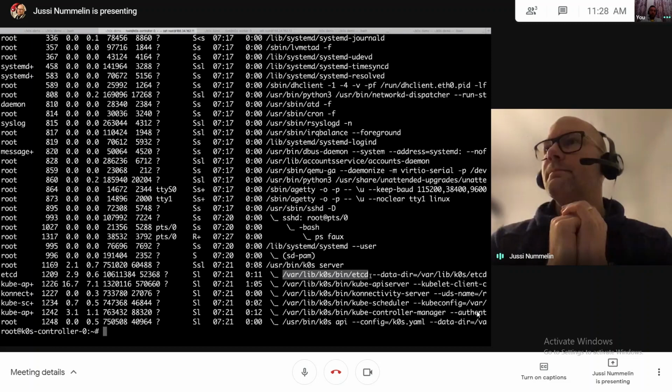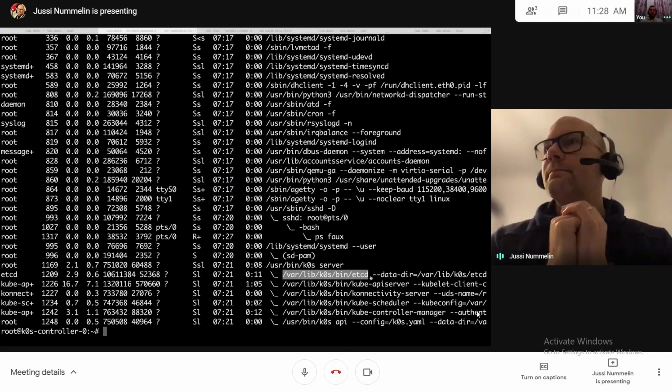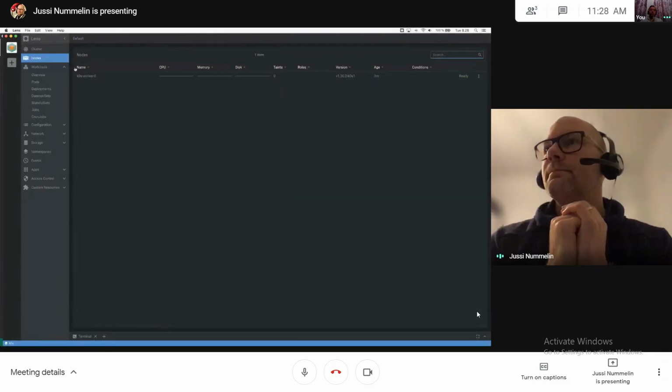And this really means that I don't have any way as a user, I mean, if I go to my Lens, if I go to my nodes, I don't see the controller as part of the cluster. It's not something where I can actually schedule my workloads on. So the control plane is now fully isolated from the cluster and from the workloads, I mean, from a scheduling perspective. And that's why we do this in the way we do it, without kubelet or containerd container runtimes.